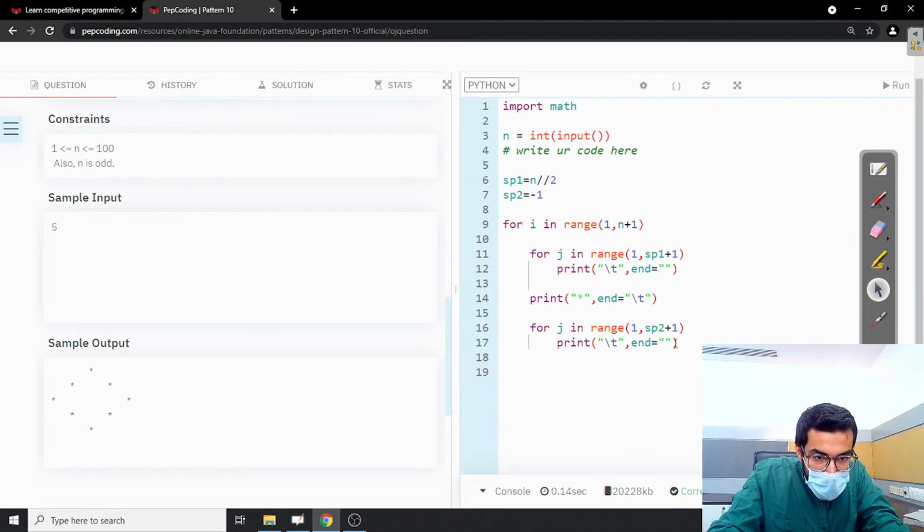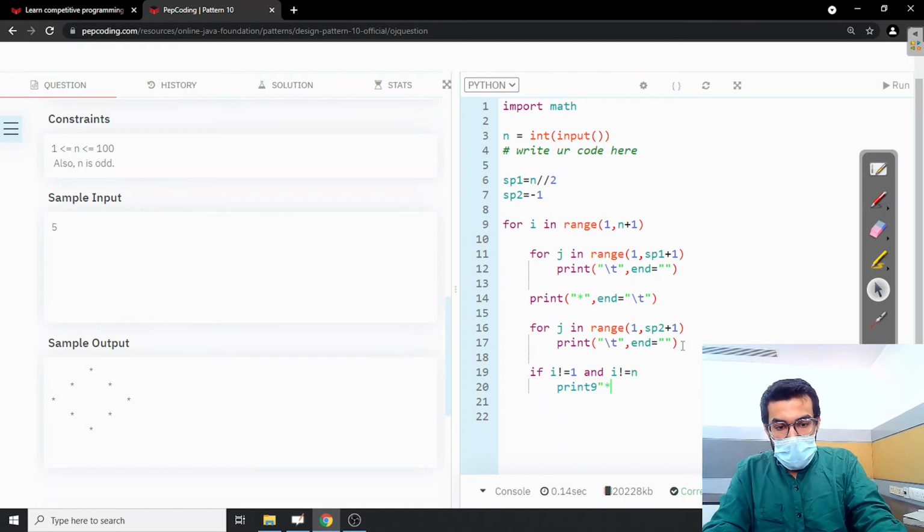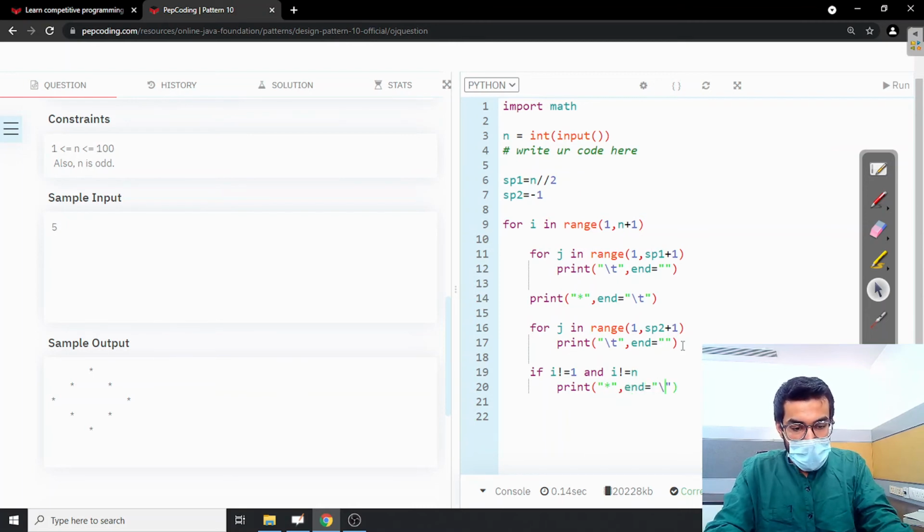Okay, then the second star will be printed if the value of i is not equal to 1 and the value of i is not equal to n, then print the second star. The second star got printed and end it with a tab.